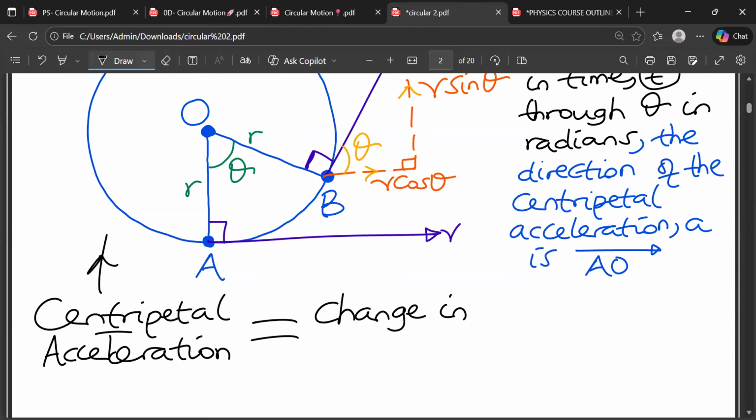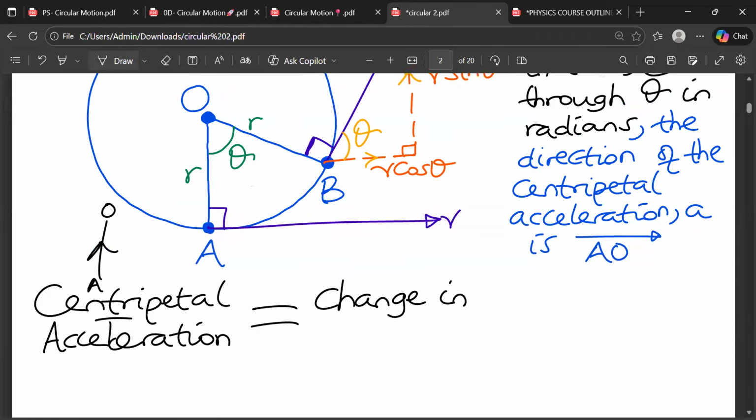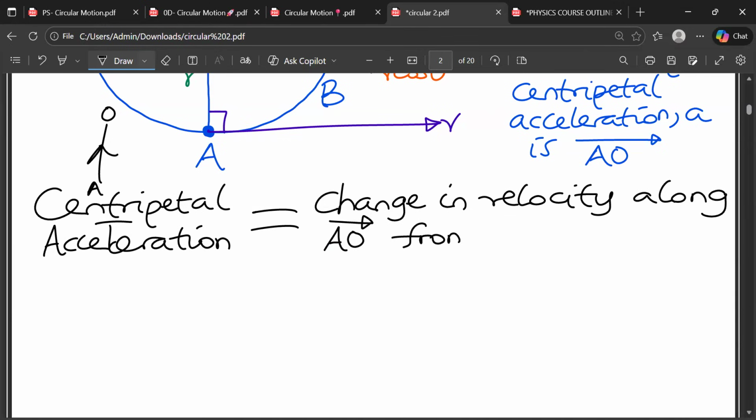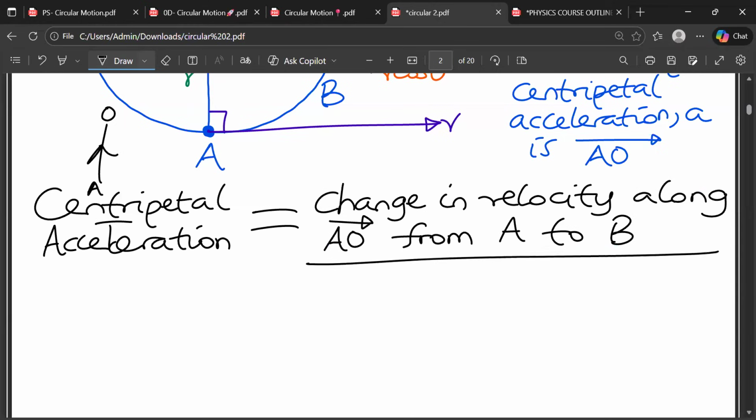Chosen from our point A to point O. That's what we have chosen. So we are going to look at the change in velocity along AO from A to B over